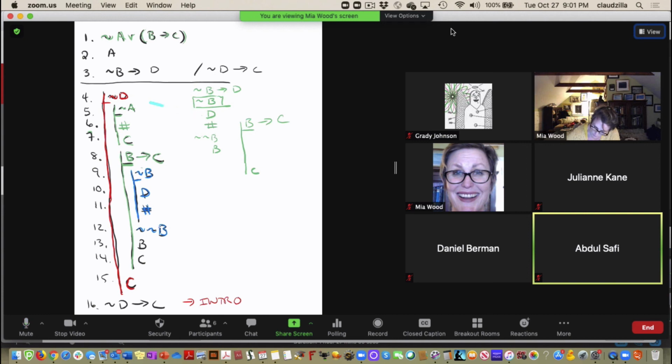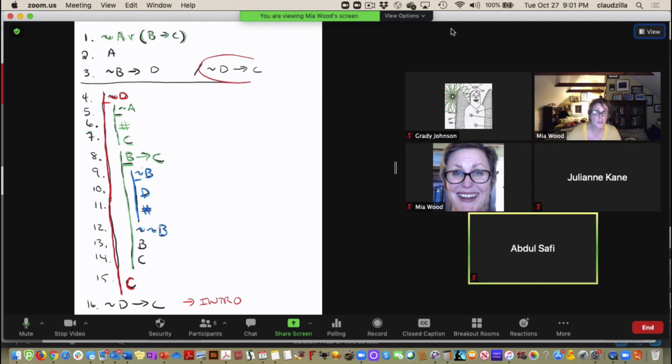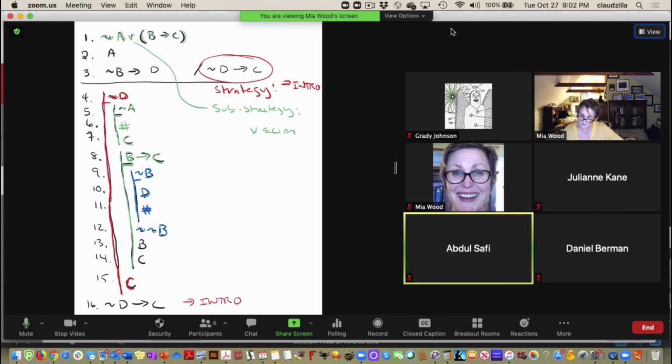So, let's go back now to the thinking that got us the proof. First, our strategy is determined by the conclusion, right? So strategy, conditional intro. Okay? Then our sub-strategy is determined by the disjunction. So sub-strategy is disjunction elim. And then our sub-strategy, in order to get the elimination of the conditional at line 3 is